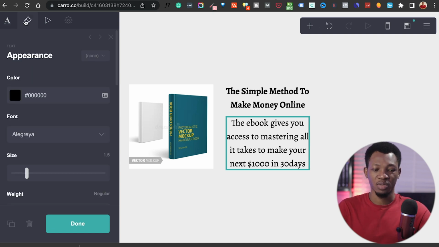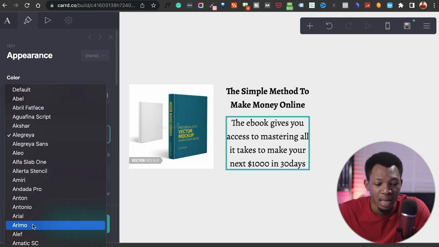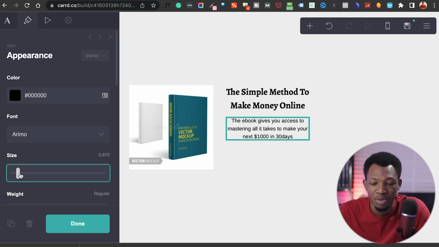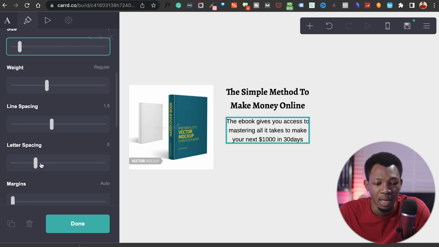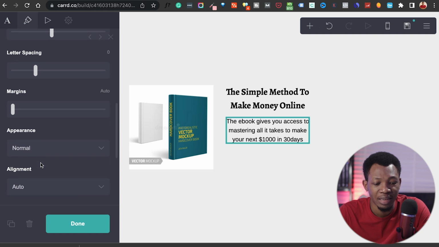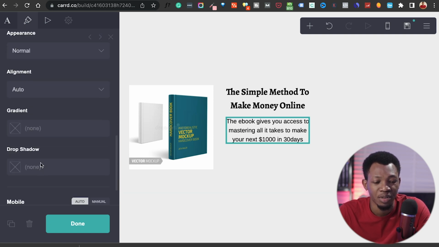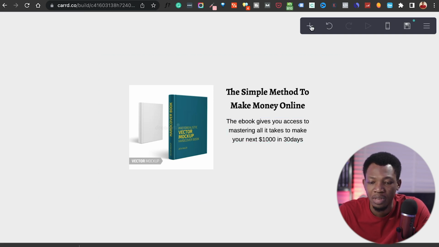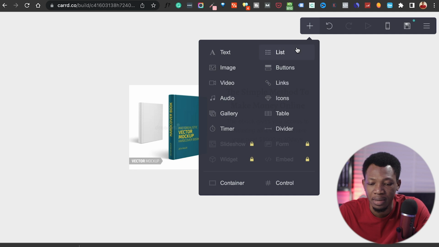And I'm going to come over here to the styling. I'm going to leave it black still, and let me change the font to Arimo and then reduce this. You can see your weight, your line spacing, the letter spacing, the appearance, and other info you have here, right? So I can click on done, and what I'm going to do is I'm going to come in here and